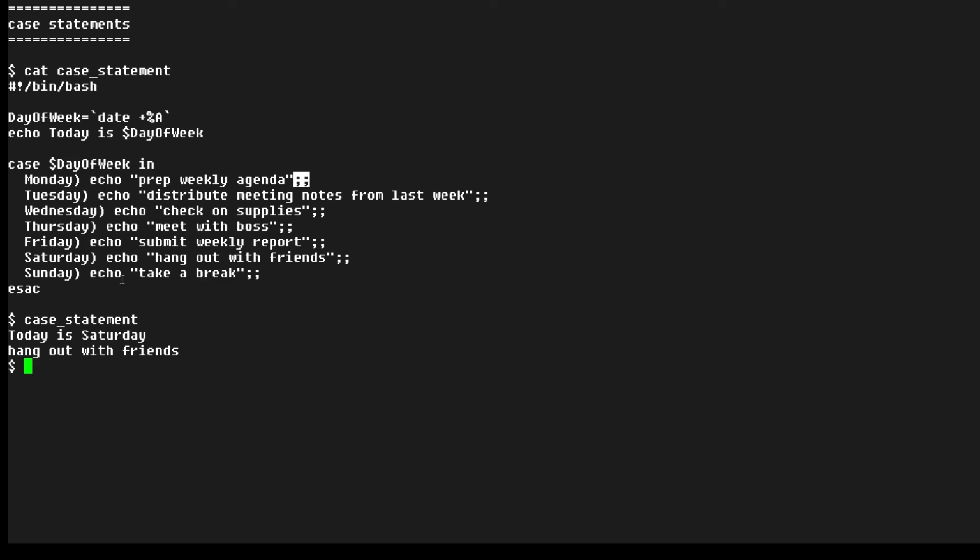Well, the benefit of case statements is that they avoid the more complex syntax of if, then, else, if logic, and are a lot easier to read and understand. Each line can include multiple commands, and as you can see how easy it is to read and understand what's happening. So that is your Linux tip for the bash case statement.